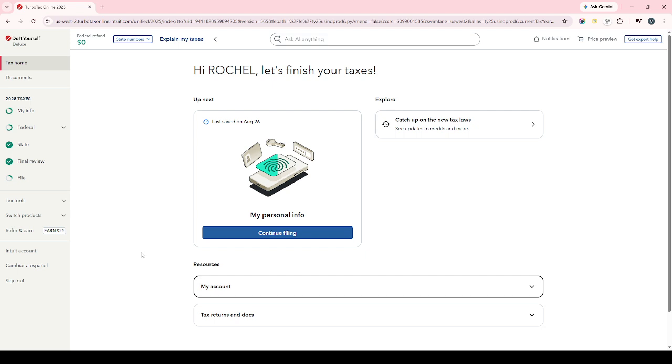The key takeaway here is that Form 1095C generally does not need to be typed in line by line. Instead, you use it as a reference while completing the health insurance section and confirming your health coverage status for the year. Once you have finished answering